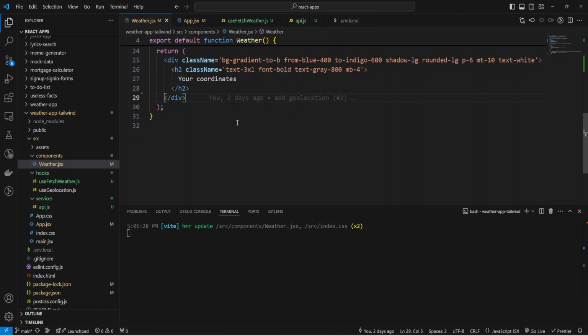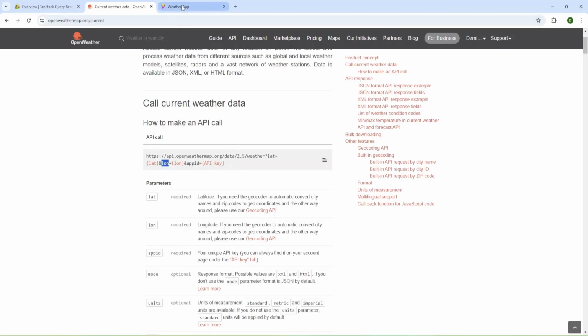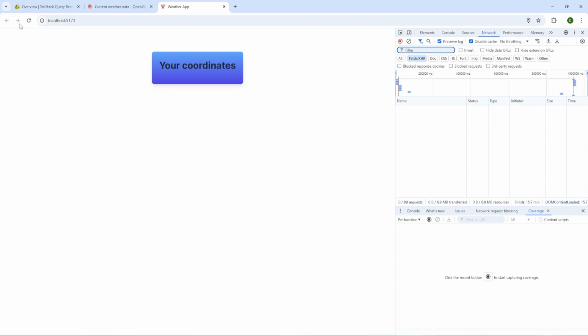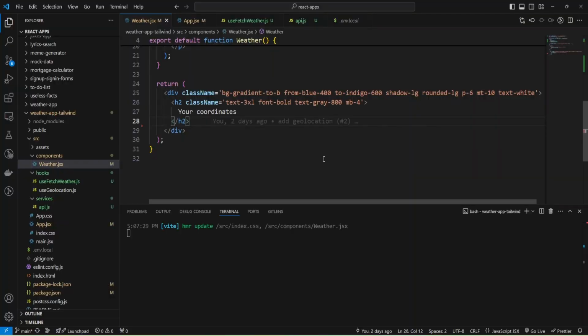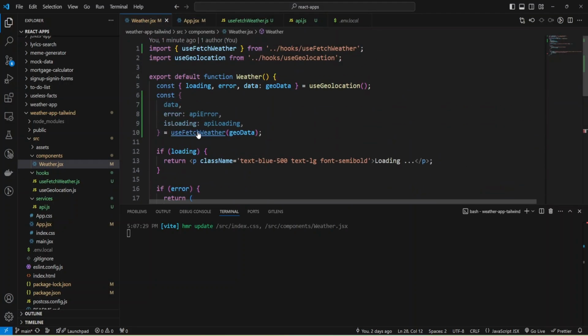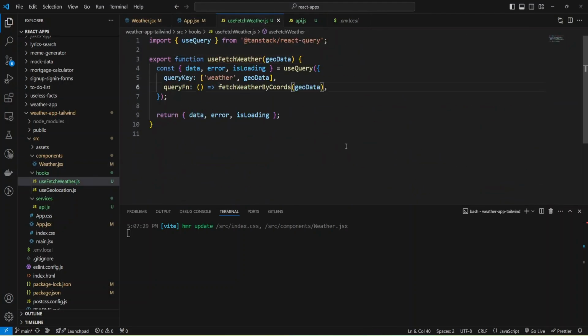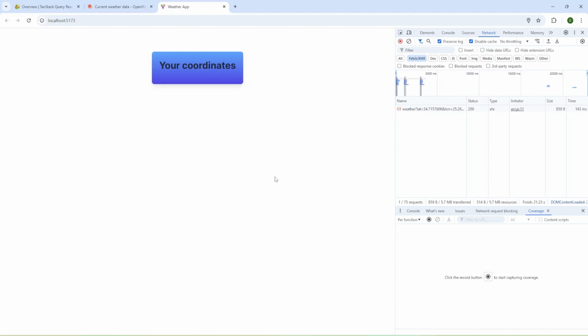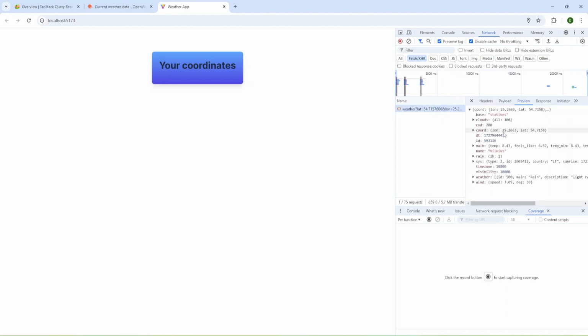Let's save and check what we have so far. I'm going to refresh the page and check the network, and we don't have any request. Let's check use. Okay, I forgot to import this function. And let's save and check what we have so far. Okay, we have our request to the weather API.